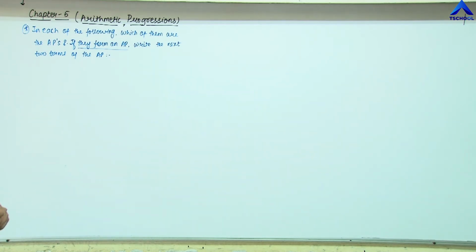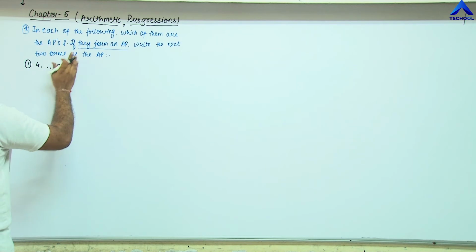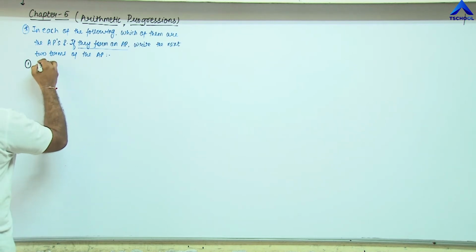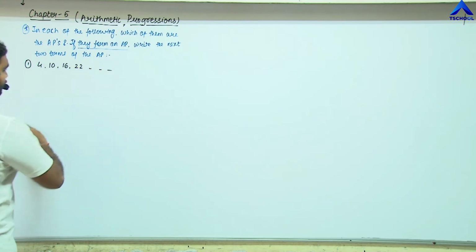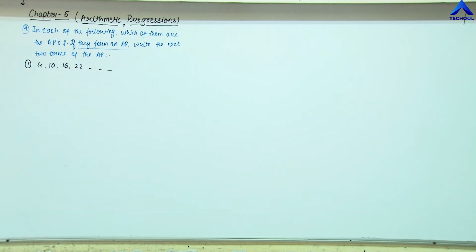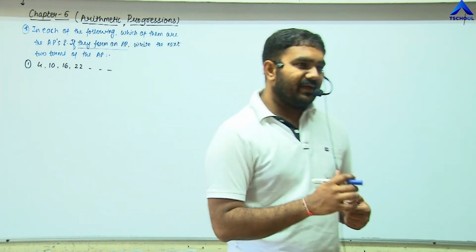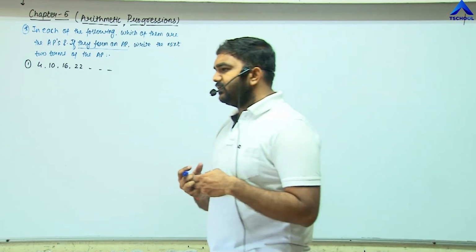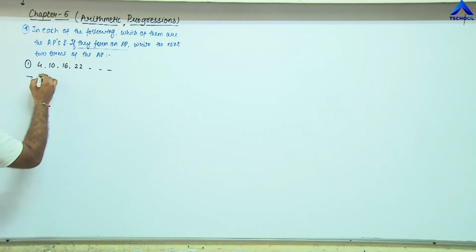Okay, so the first one here is 4, 10, 16, 22 and so on. Whether this is an AP or not will become known if we find out the common difference as same. So finding out the common difference here,